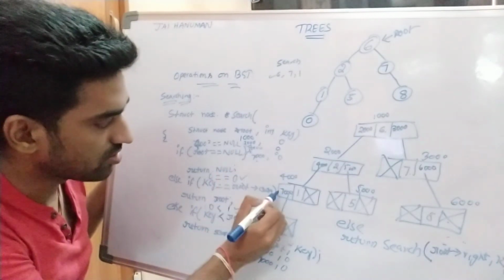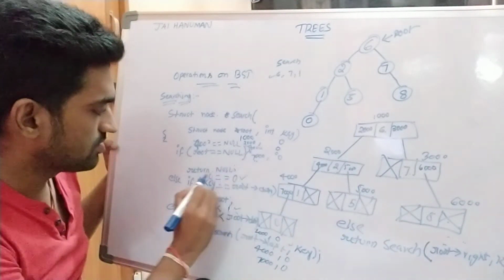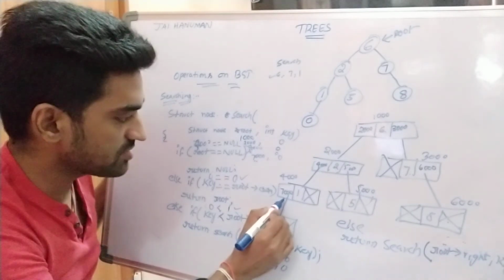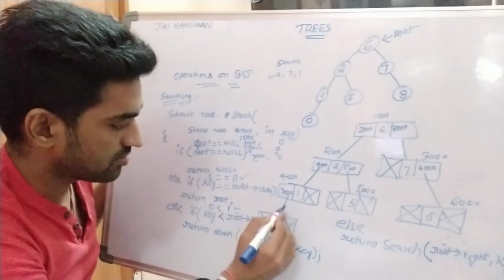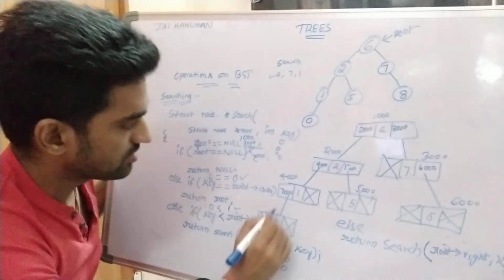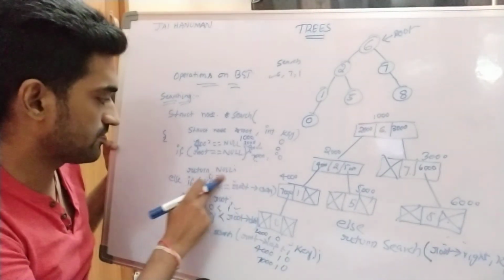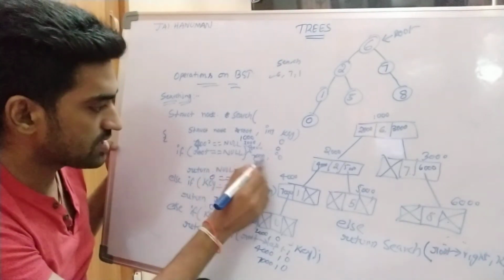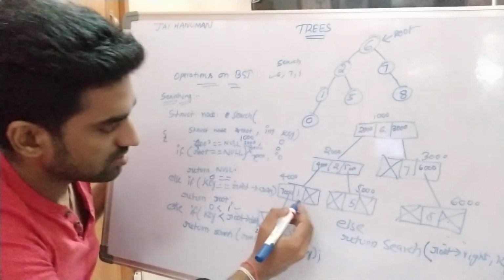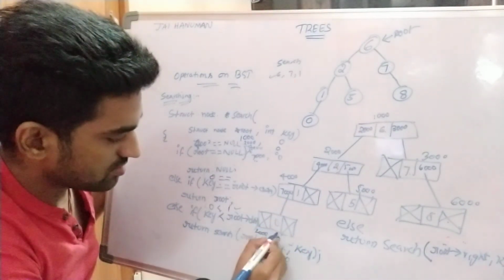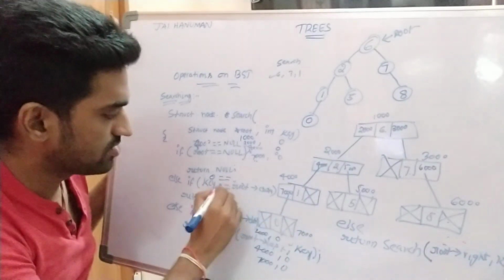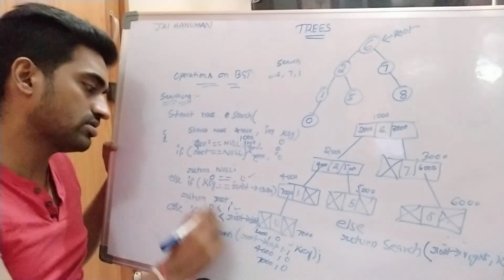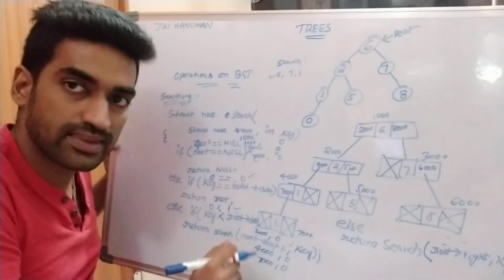So here I am calling 7000. So key, root data. So here root becomes 7000. So key value is 0 is equal to root data of 7000. 0 is equal to 0. So element is found. So that's why we can return root. It is stored at 7000 memory location, right?